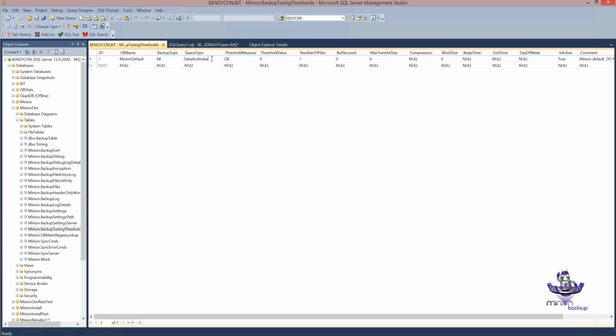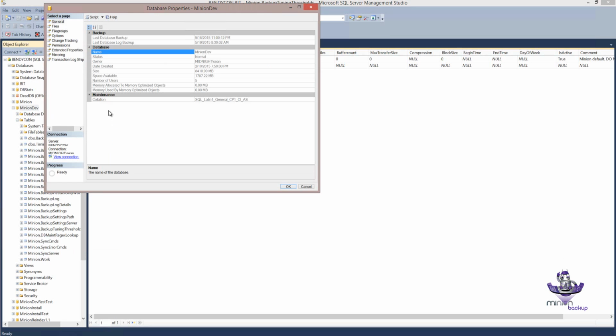You can do it based just on the data. So instead of data and index, you would just have data in here. Or you could put file in here. I think it's file. Check the documentation for whether it's file or files. But you can say file, which really is how the help DB works. When you right click on a database here and say properties, and then you go down to right here, you say size. What this number is, this number adds together the data file and the log file